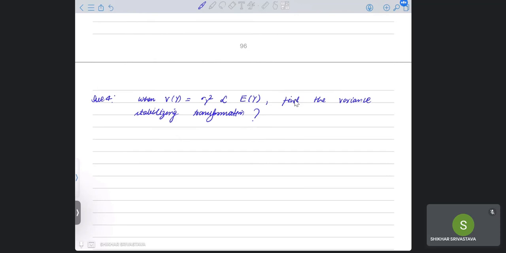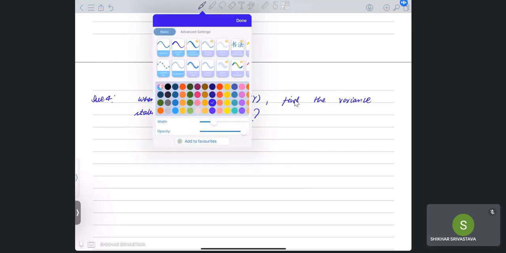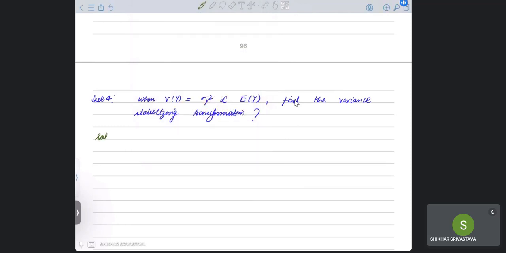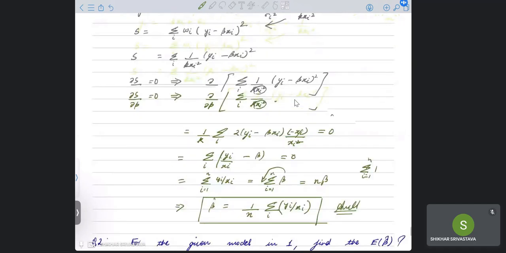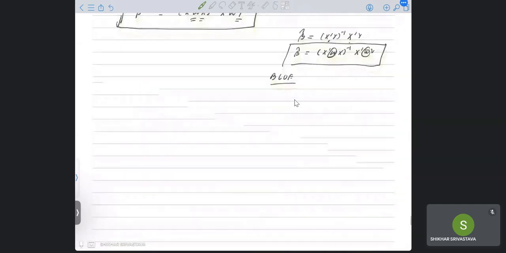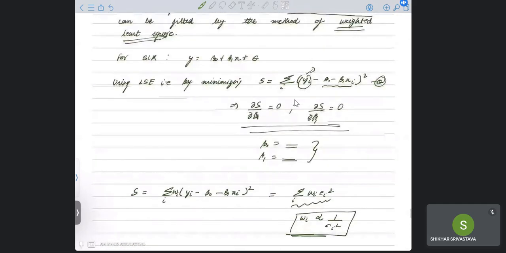So in order to solve this, I will just get back to that table which we just derived for a general case, where suppose you have a model which does not have a constant variance, and suppose you want to transform it into another model which has a constant variance using this variance stabilizing transformation. So they've asked you the variance stabilizing transformation function. So I will just take you back to the